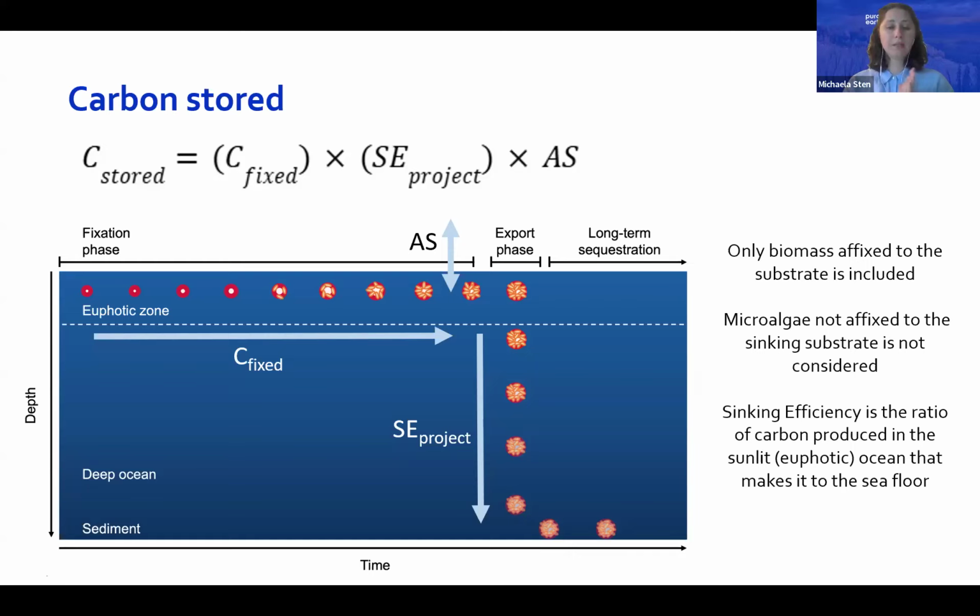And then finally, because there is inefficiency in how much the ocean is able to absorb carbon dioxide from the atmosphere, there is an air-sea gas exchange fraction, which determines how much of the carbon that is moved from the surface ocean to the seafloor is then able to be taken up from the atmosphere into the surface ocean. And the caveat that I will include to this is that we only count the biomass that's affixed to the substrate, and any biomass that is not affixed to the substrate during this process is not included in this cork. Next slide, please.